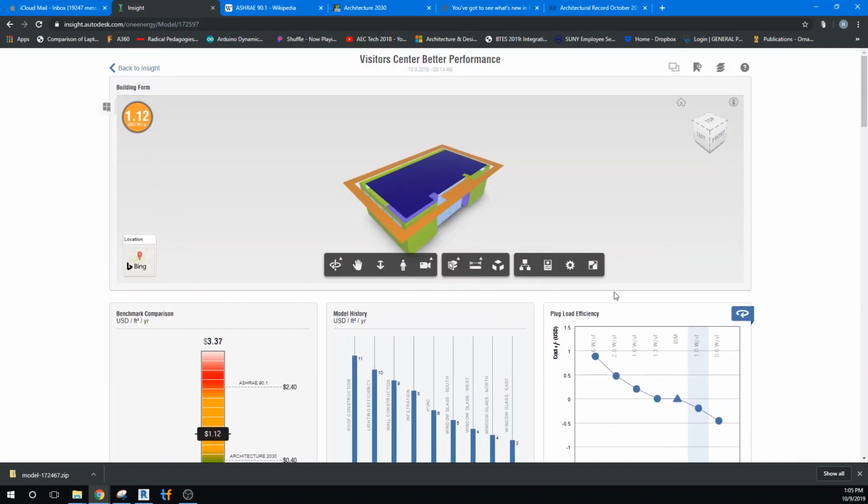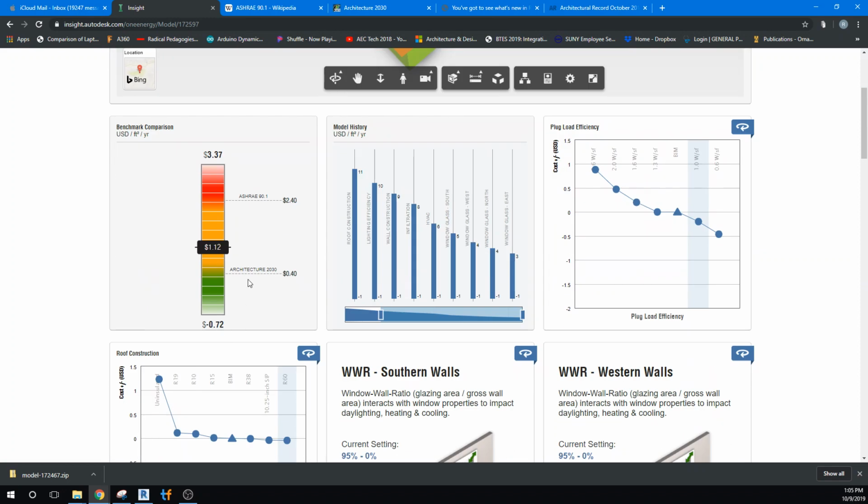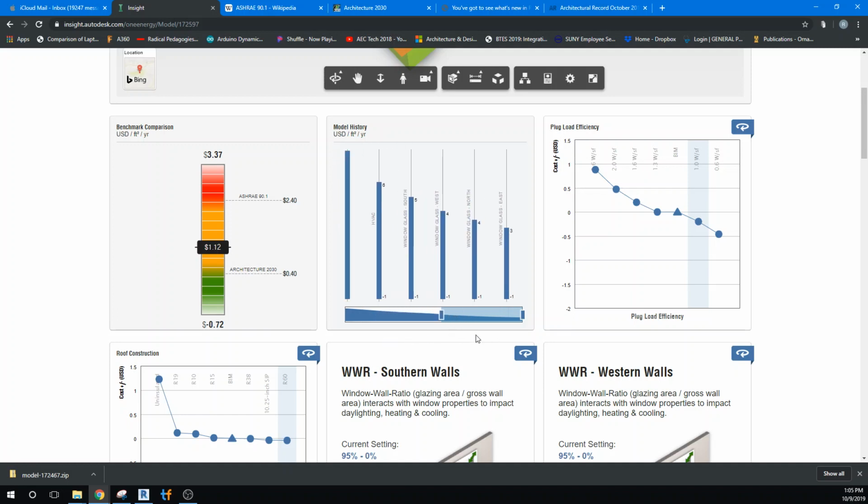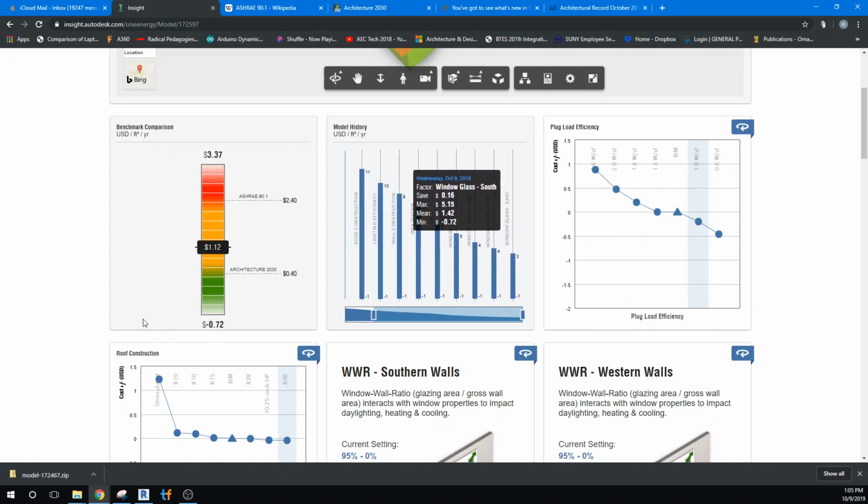So we've gone through and taken our best model and tweaked it to really reflect probably close to where we are. And if we look at it, we're really at half of the cost of standards today. So we really have a very high performing building. We haven't met the really stringent criteria of Architecture 2030. But I think that's a good start, and you notice you can zoom in on these, and you can actually ride over these to find out what changes were made to reduce the cost of that